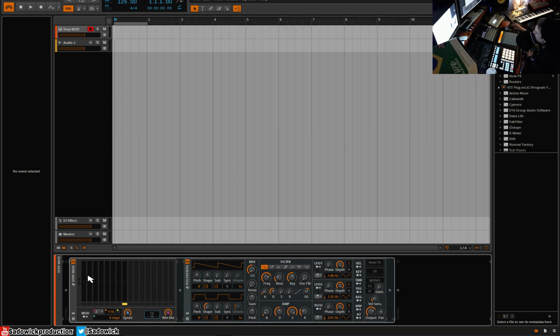So this is the same, like an LFO is just a rate. It's just a low frequency oscillator, and that works well. But a step mod, it's more of a set value in a cycle. So it's kind of like sample and hold, but you have a little bit more control. So yeah, let's go